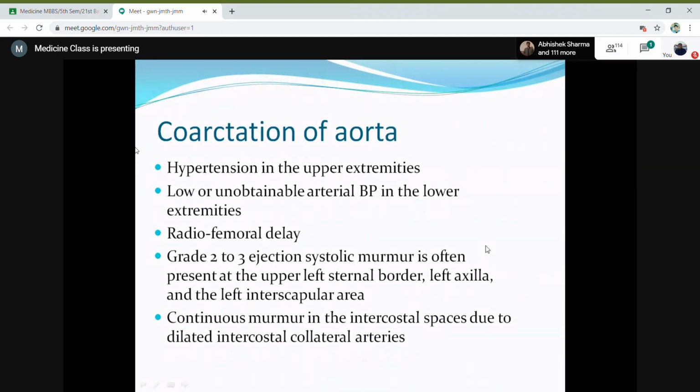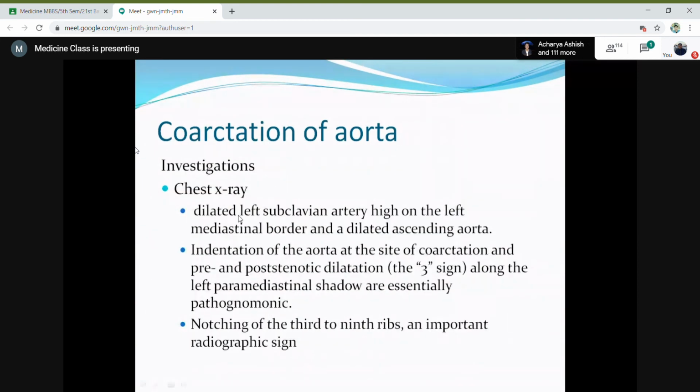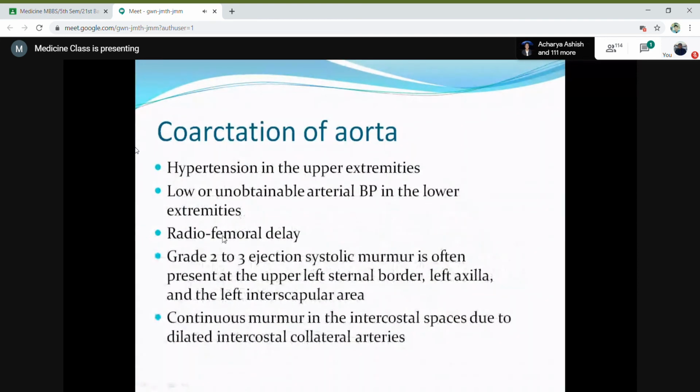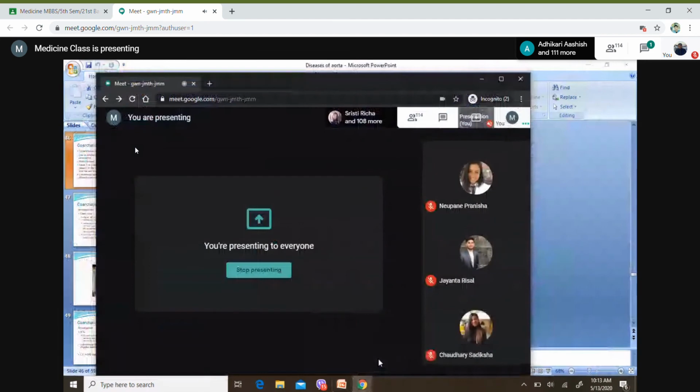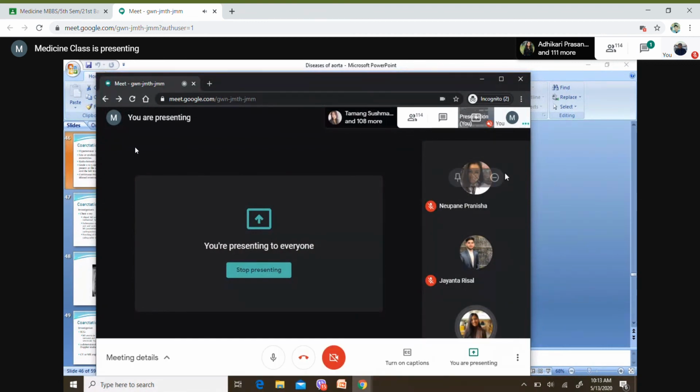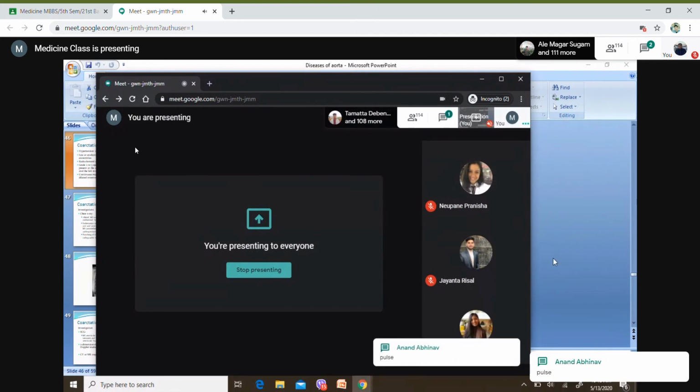Anyone? Anyone remembers about radiofemoral delay? Okay. Sadiksha, do you remember about radiofemoral delay? Yes, ma'am. What is it? Ma'am, there is